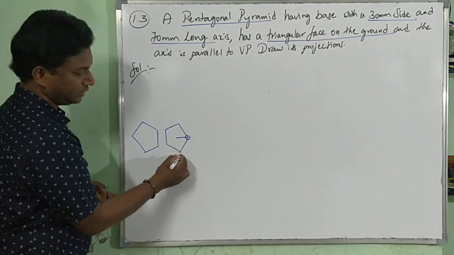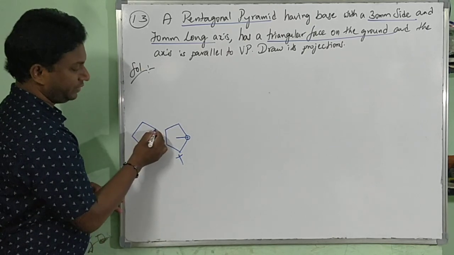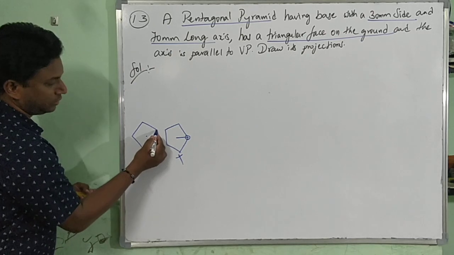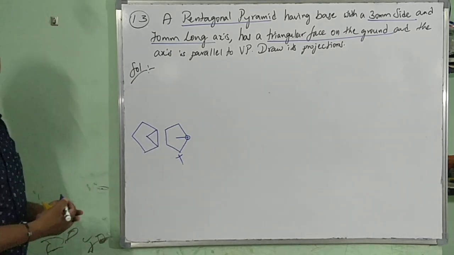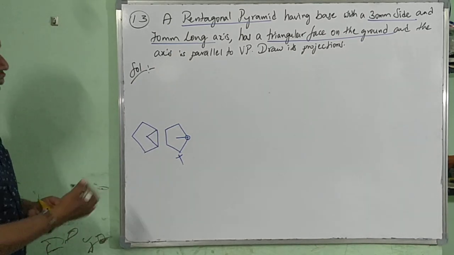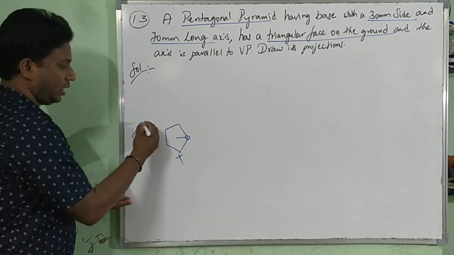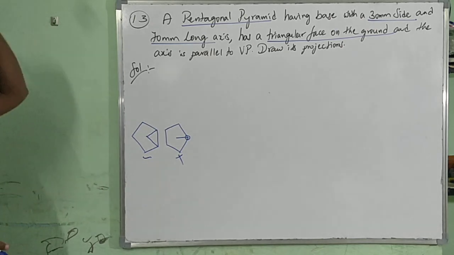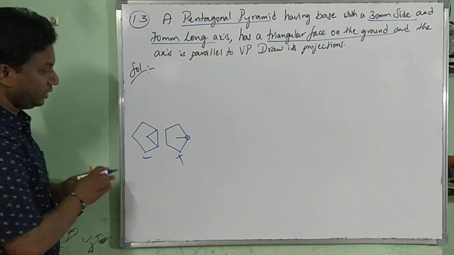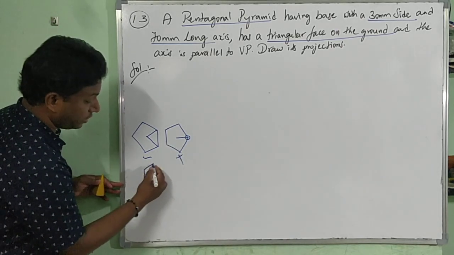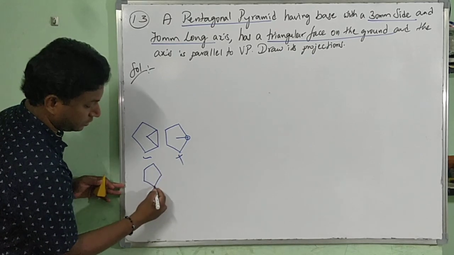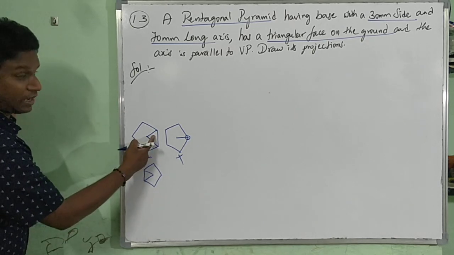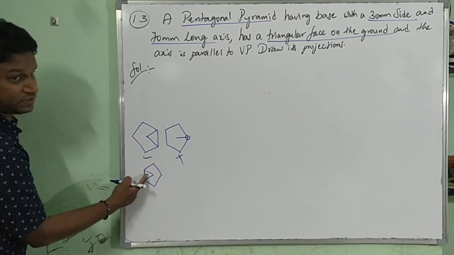But this is not our case. Now with respect to this triangular face, the apex point, this is the triangular face. So this I have to draw as per my condition. This is the important part which you have to remember. Sir, why does it have to be drawn on the right side? Why should it not be drawn on the left side? What is the difference between this and this? The triangular face is on the right side in one, and on the left side in the other.